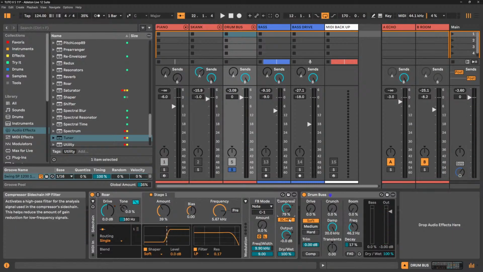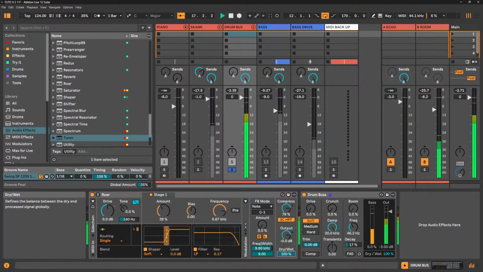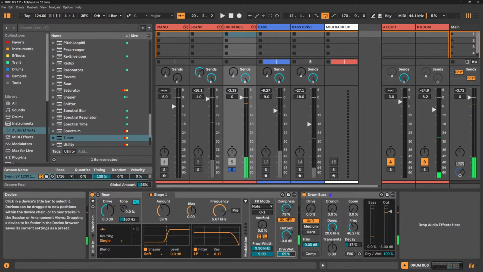Okay, below that we have the activation for a high pass filter for the analysis signal used by the compressor. So this will cut the low frequency from the triggering path of that compressor. So if your signal is full of low frequency or even very sub bass, but you want it to be triggered by more transient sounds like snare or whatever, you will engage it. By default, it's on. Then we have an output level with another clip LED and a dry wet. Okay, so this was